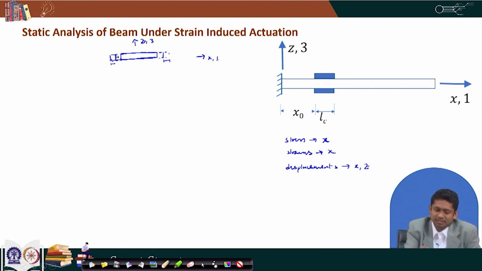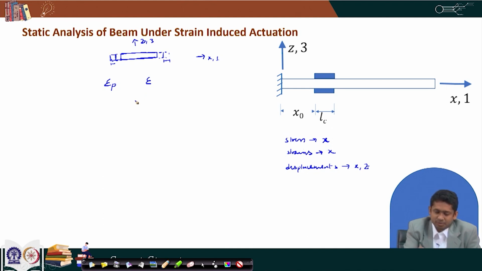Free strain is what it could have achieved under the free condition when it was not bonded to the structure, and epsilon is the actual strain which it has been allowed to